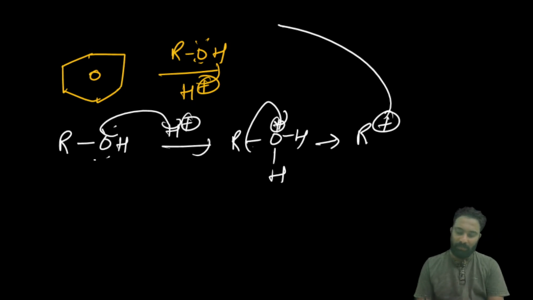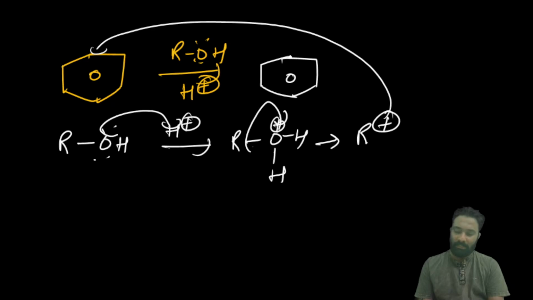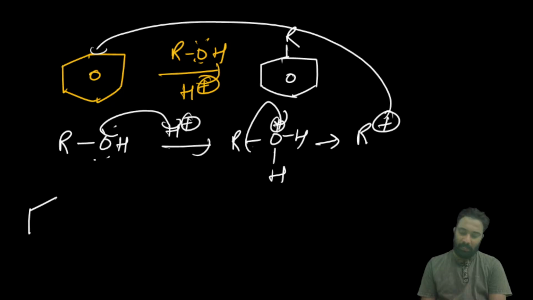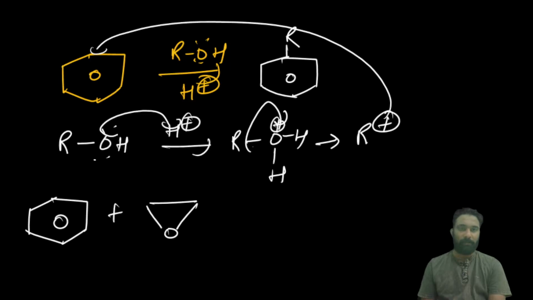That carbocation will go and attack the benzene in this manner. This is also one type of example used. Next, another example you can consider is with epoxides. With epoxides also, we can prepare halobenzenes. How? Suppose sometimes they will give you this epoxide, and